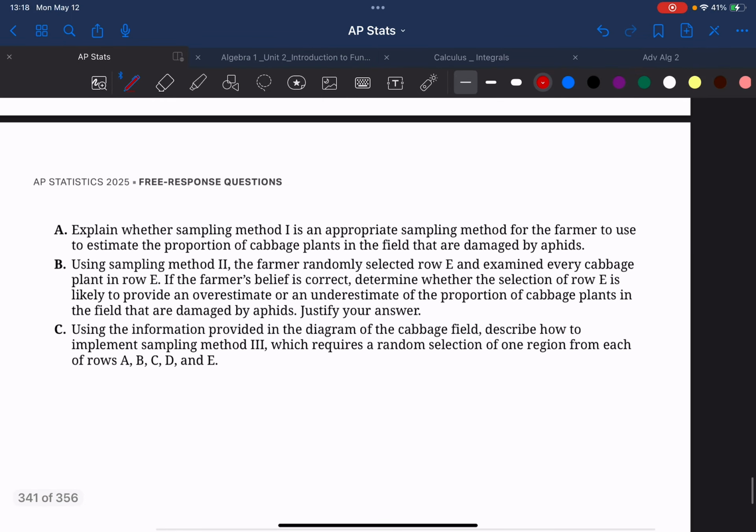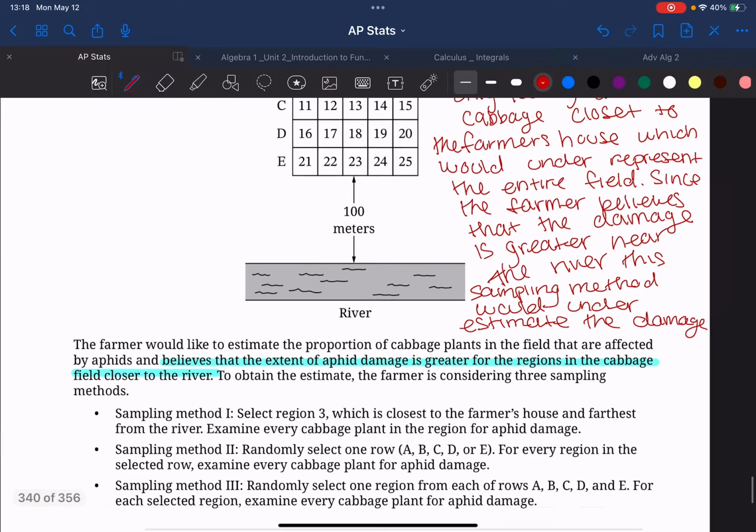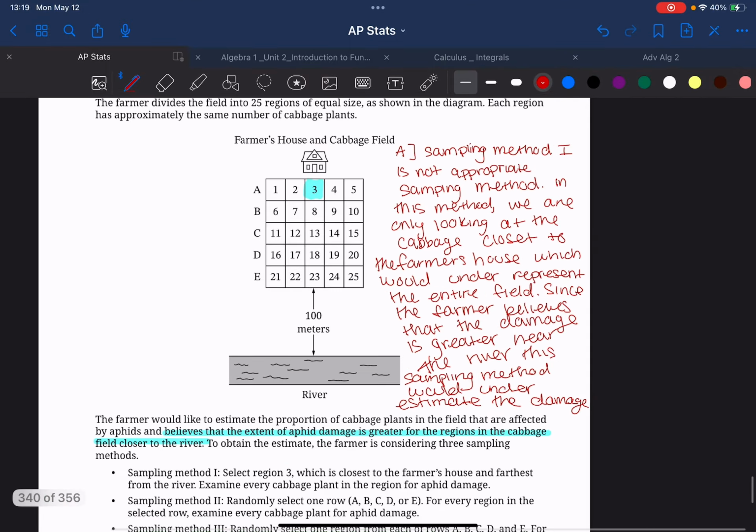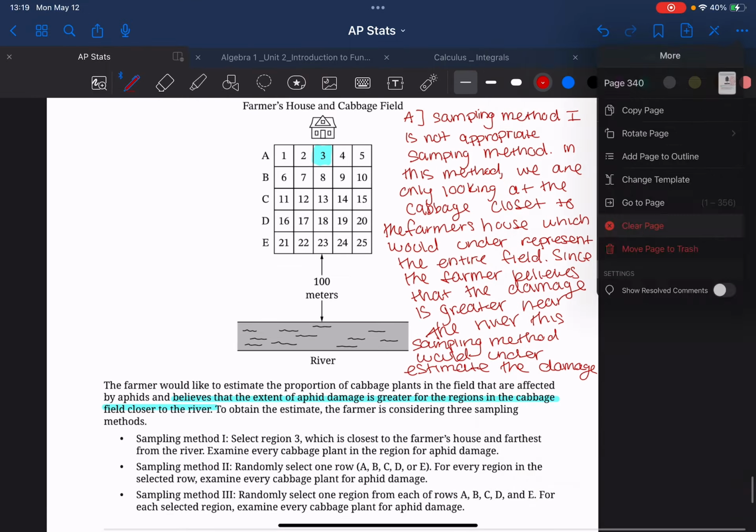Part B says, using sampling method 2, the farmer randomly selects row E and examines every cabbage plant in row E. If the farmer's belief is correct, determine whether the selection of row E is likely to provide an overestimate or an underestimate of the proportion of cabbage plants in the field that are damaged by aphids. Explain your answer. So sampling method 2, okay, so let me clear this,